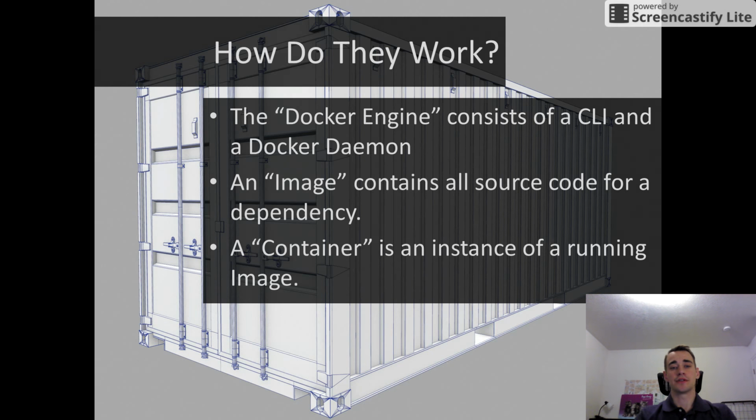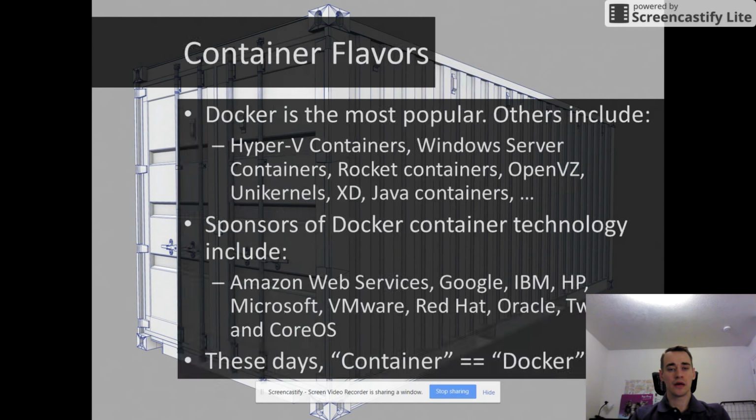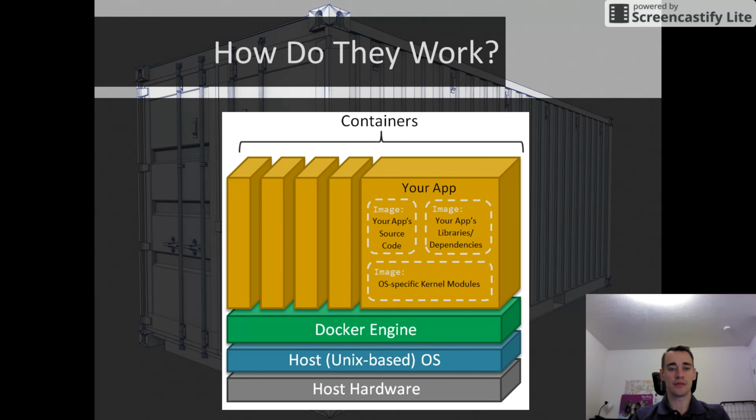These applications are encapsulated in an image. An image is a binary snapshot of an application's dependencies, be it source code, libraries, or an operating system. Images are layered objects. At an image's core will be the operating system, kernel modules that, in concert with the host operating system's core Unix-based kernel, represent the particular flavor of operating system, whether it's Red Hat Linux, Ubuntu, or